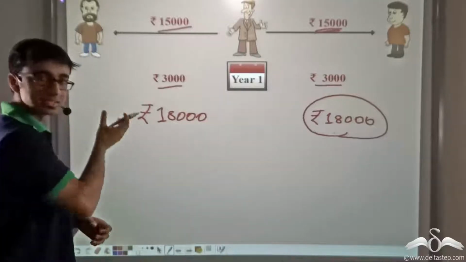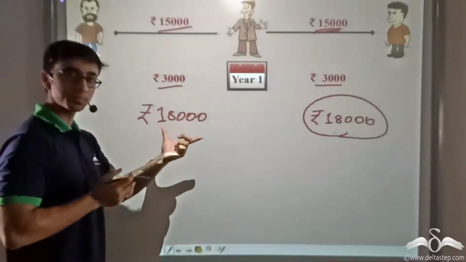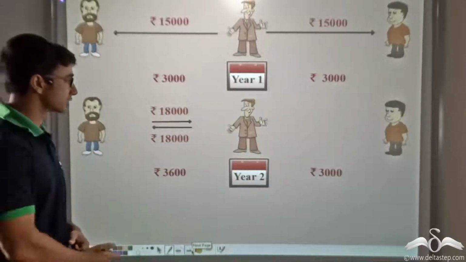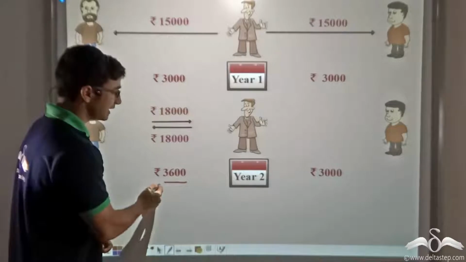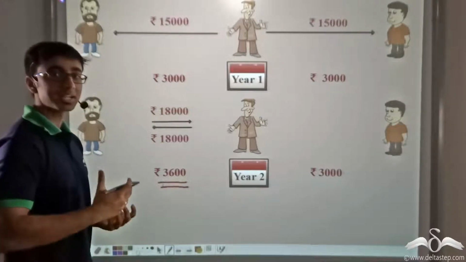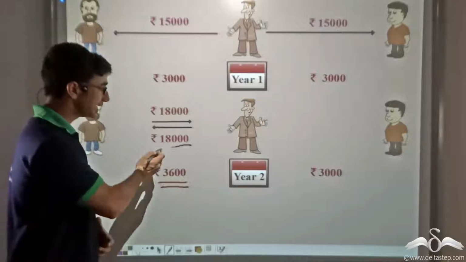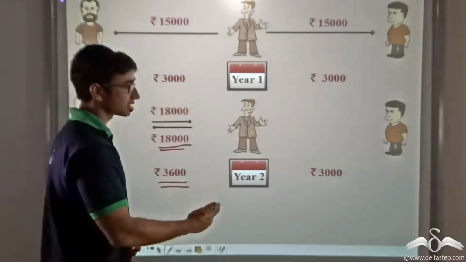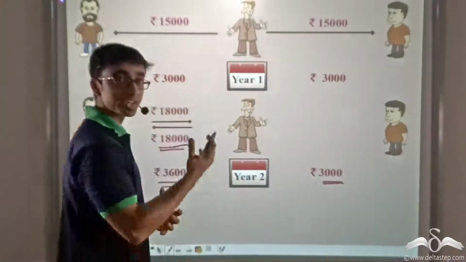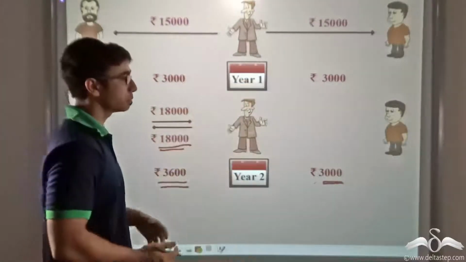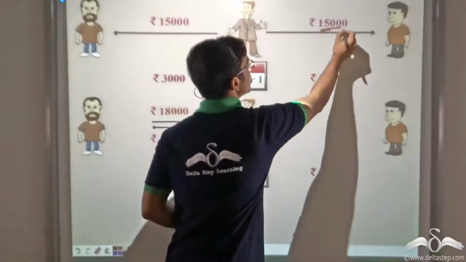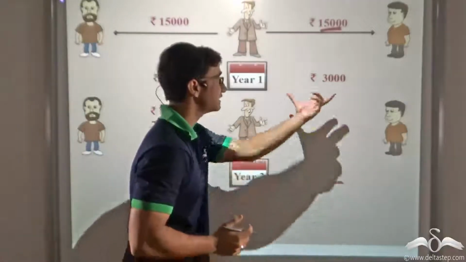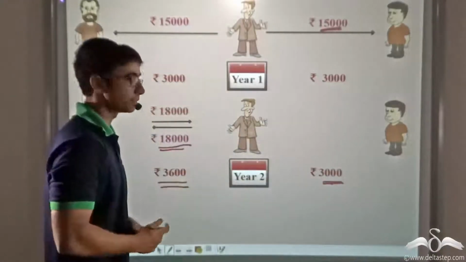he borrowed back the same amount of money, 18,000, at the beginning of the second year. So what happened was, at the second year, the extra amount of money that Sundar had to pay in order to borrow 18,000 was rupees 3,600. But since Shekhar did not return the 18,000, he had to pay the rate of interest on the original sum of money, that is 15,000, because Shekhar hadn't returned 18,000 at the end of first year.